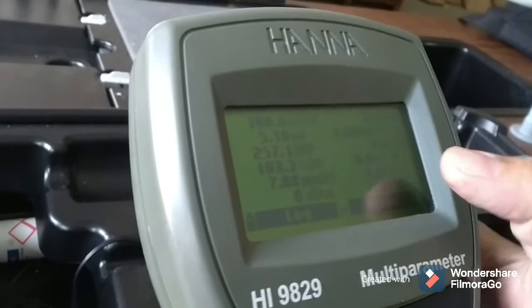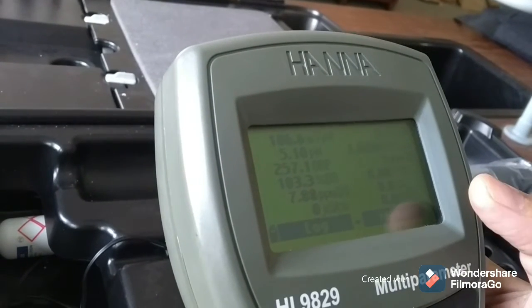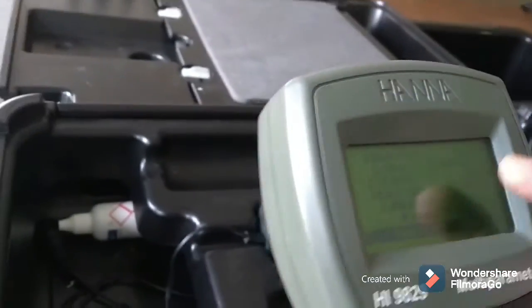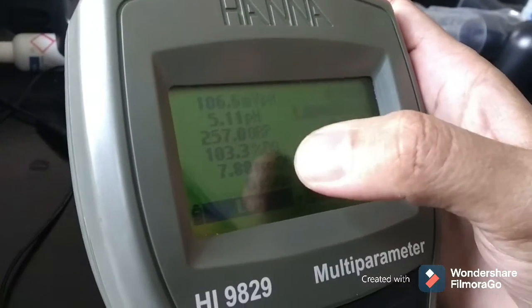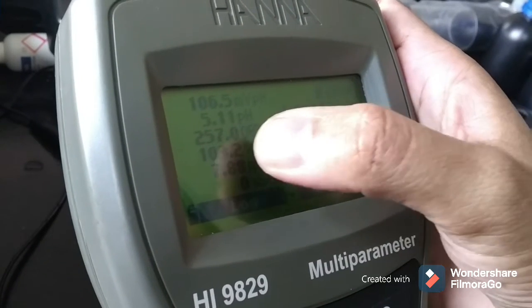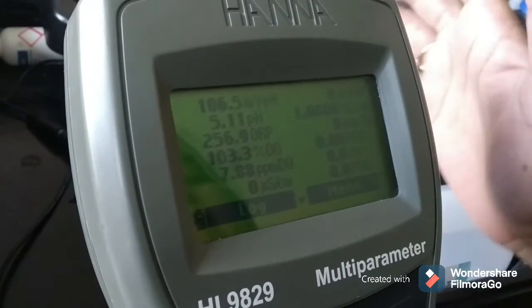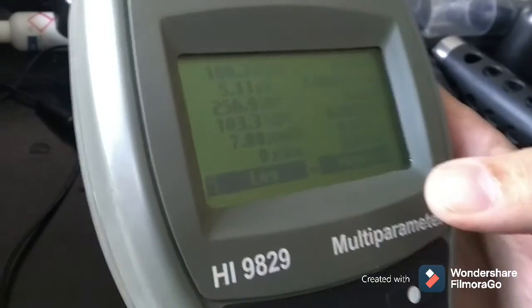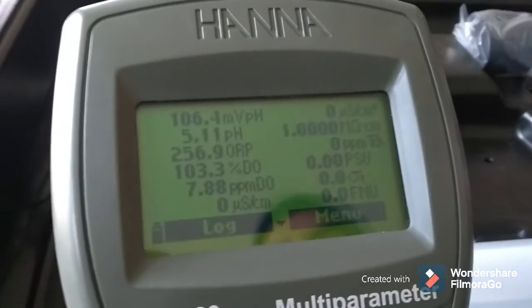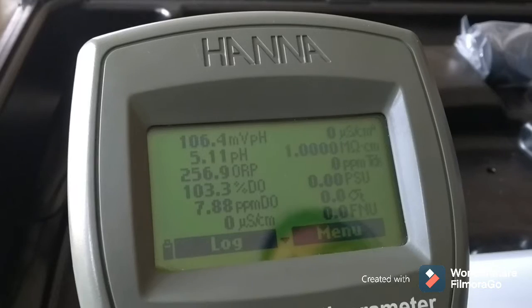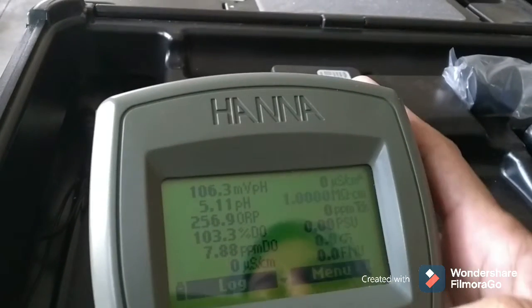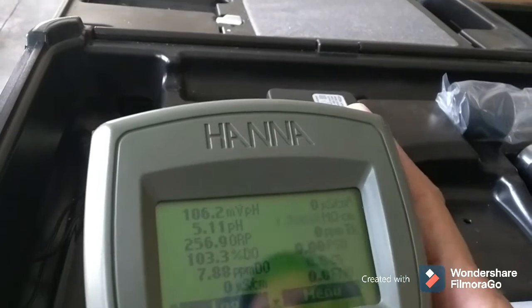We didn't put any water samples here, so some are giving 0 readings, and some are giving, for example, the dissolved oxygen percentage in air. Some readings are already in that probe. We have mixed that solution for the calibration, and also we have measured some solution. Those readings are showing here.